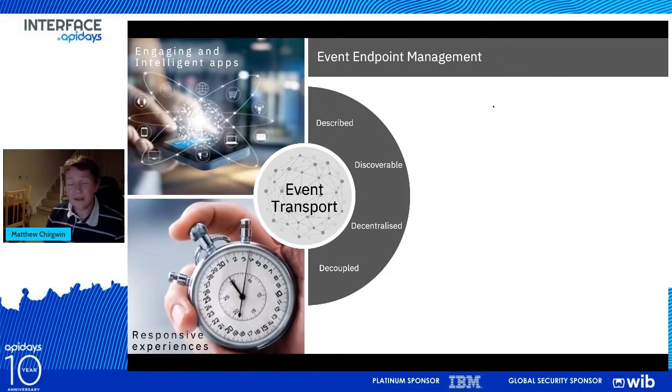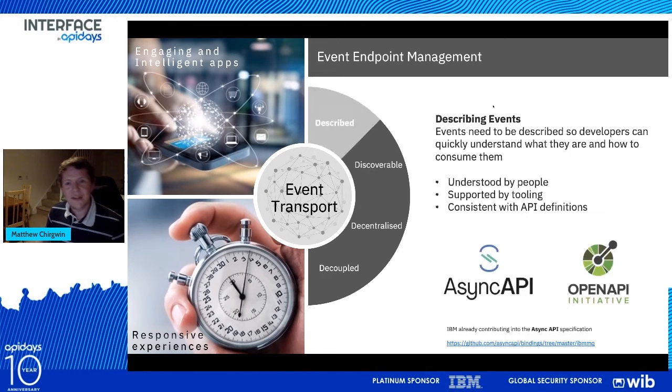So what event endpoint management is, it provides you the ability to author and manage and maintain an async API definition. It allows you to then push those definitions to a central developer portal where application developers can discover those definitions and get up to speed with them. Subsequently, they can sign up to make use of that application, and that all can then be managed by the administrator as well. So just to go into each of those areas in detail.